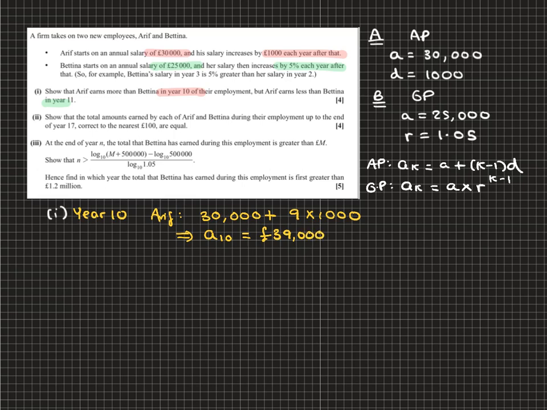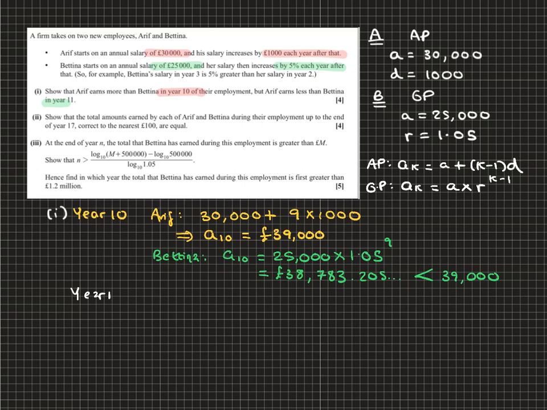Now Bettina, her value of a_10 is going to equal 25,000 multiplied by 1.05 to the power of 9, which comes to 38,783.205..., which is clearly less than 39,000. So what happens in the second year,